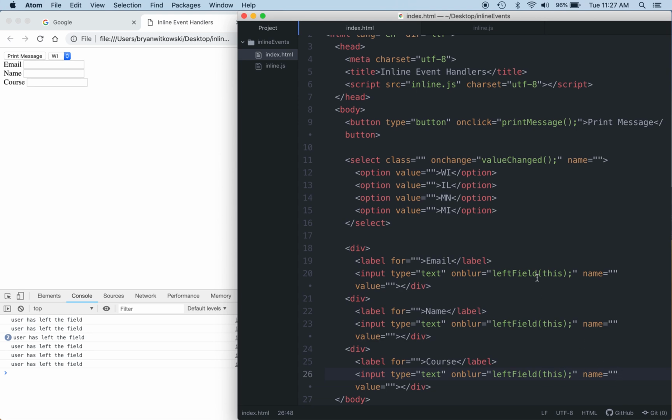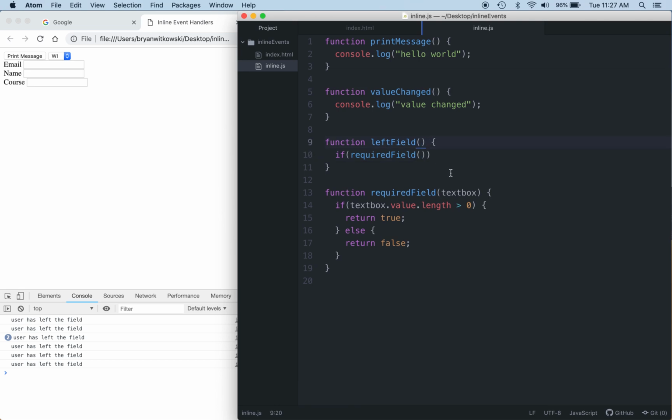So I'm leaving this input field, the one for the email. I'm leaving this field, the one for the name. I'm leaving this field, the one for the course. So now, when I leave the field, I'm getting a control, either the name, the email, or the course. I can then pass that along to the required field. It checks the value,